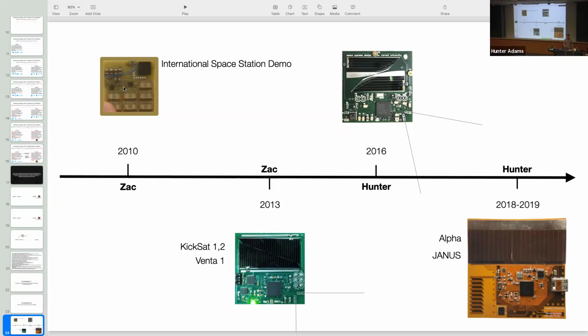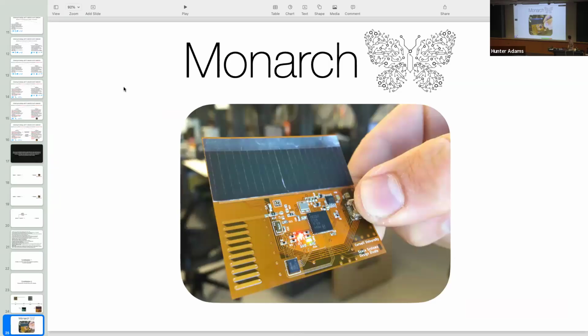It's a chipsat that I affectionately call a Monarch. Why call it a Monarch? Well, it's small and it's orange, kind of like the butterfly. And you may be aware that monarch butterflies migrate as huge swarms down to the Sierra Madre Mountains in Mexico, and they aggregate in these tremendous numbers. That seemed vaguely spiritually connected to what these things do, which is migrate in huge swarms through orbit.